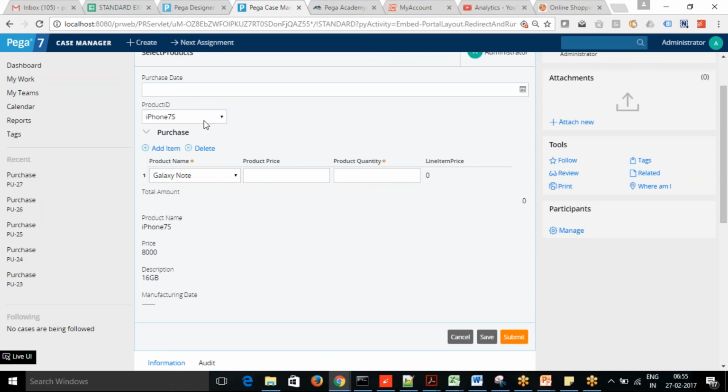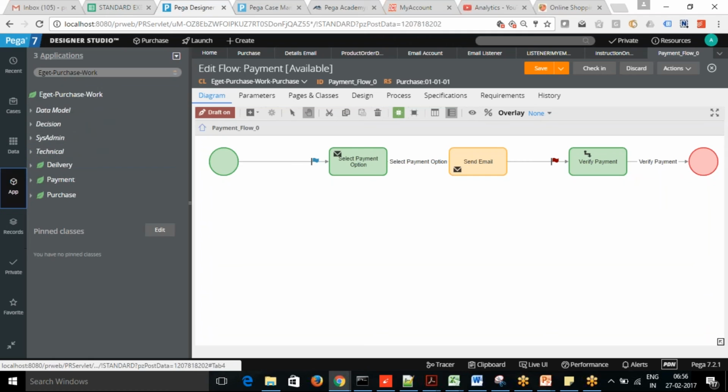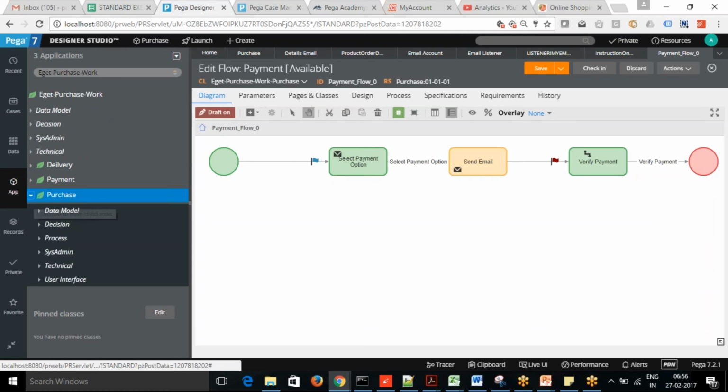So you don't need to bother about whether the information in the page is stale or old or anything like that. Once the data page is loaded, it will be there. So you can use that page to enhance the performance of the application. So this is the ID drop down. You don't need to do anything. When you are setting that up, you can see here, I have my purchase user interface section.